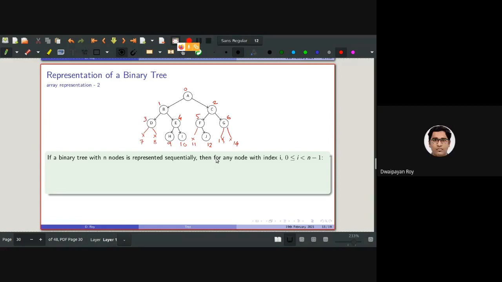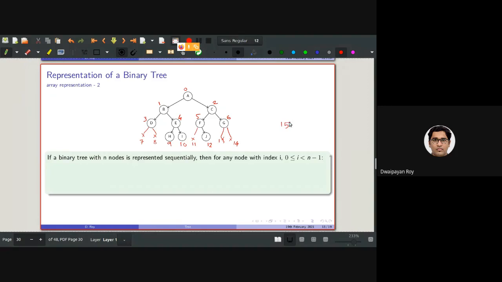No. You are thinking in the right direction. It will be 13, because 0 to 12. As the last node is at the 12th position, we'll be considering from 0 to 12. But to keep things simple, we will be referring to them as 15.